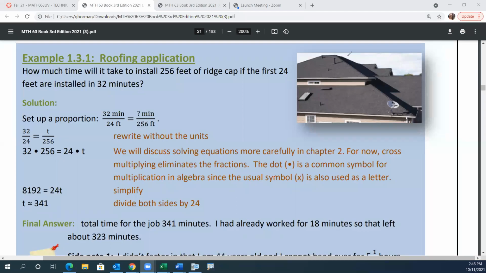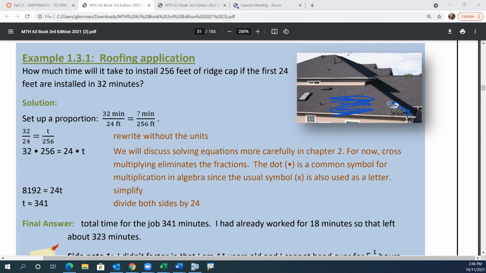Okay, let's talk about proportions. So I'm going to go through this example in the book real quick with you. How much time will it take to install 256 feet of ridge cap if the first 24 are installed in 32 minutes? So first of all, ridge cap, that's just the shingles right here along the ridges where